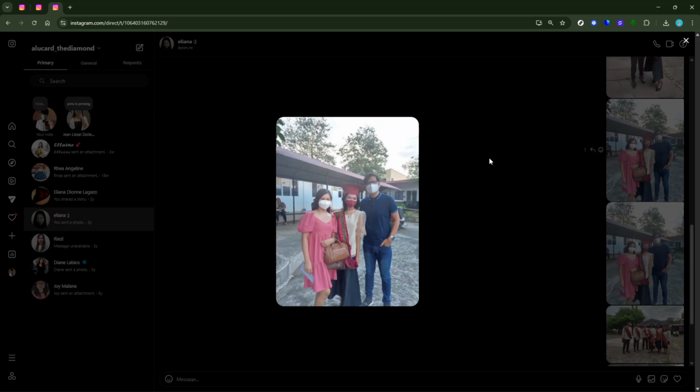However, not all photos on Instagram can be revisited. If the photo was sent as a view once image, something Instagram allows its users to do for more ephemeral, temporary sharing purposes, this presents a different scenario. In the case where the photo was shared as a view once, unfortunately, you won't be able to reopen it at all. Instagram has designed these to disappear automatically once viewed, ensuring an extra layer of privacy and secrecy for the sender. It might feel a bit inconvenient, but there's really nothing you can click or do to access these view once photos after you've initially viewed them.